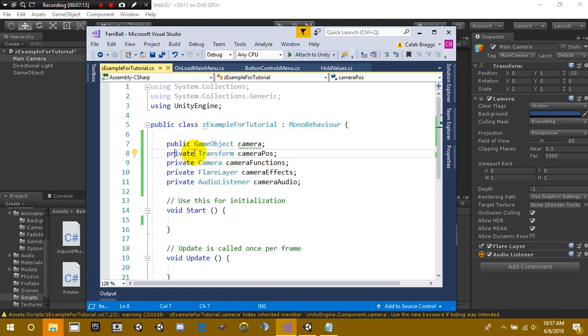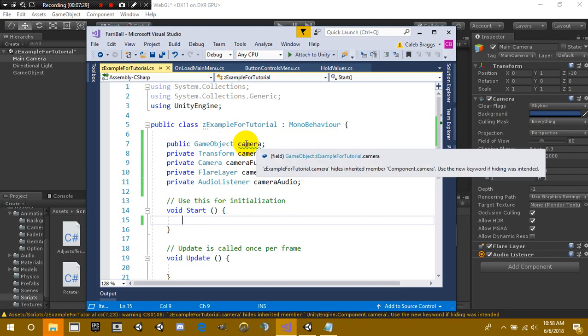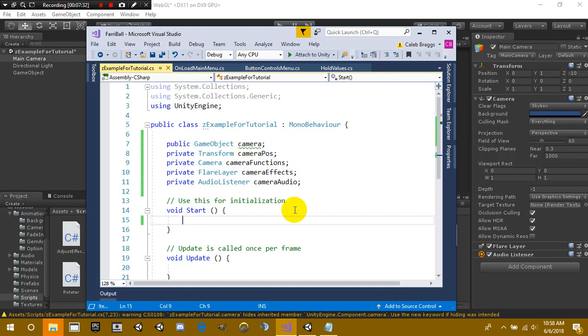Now if you notice, we do have these as private. As I explained beforehand, we could put these as public and then drag them into our game object. But for this specifically, since we have one game object, I'm simply going to be calling these from this camera. So we're going to actually find the camera again. So we're going to put camera is equal to